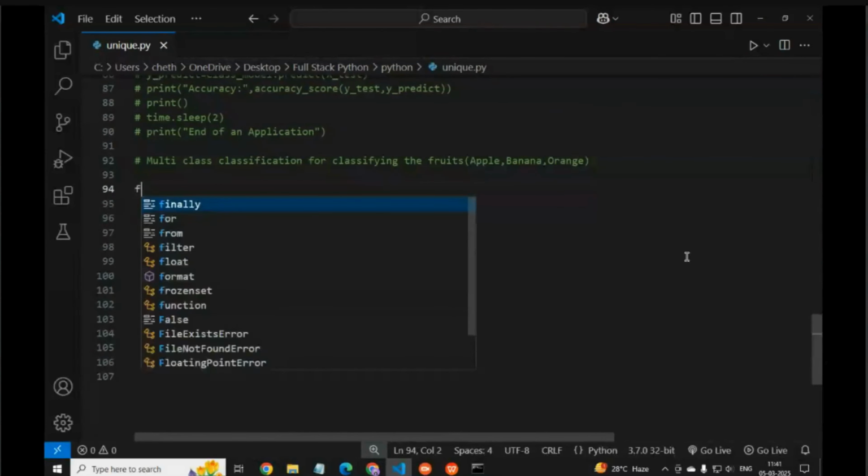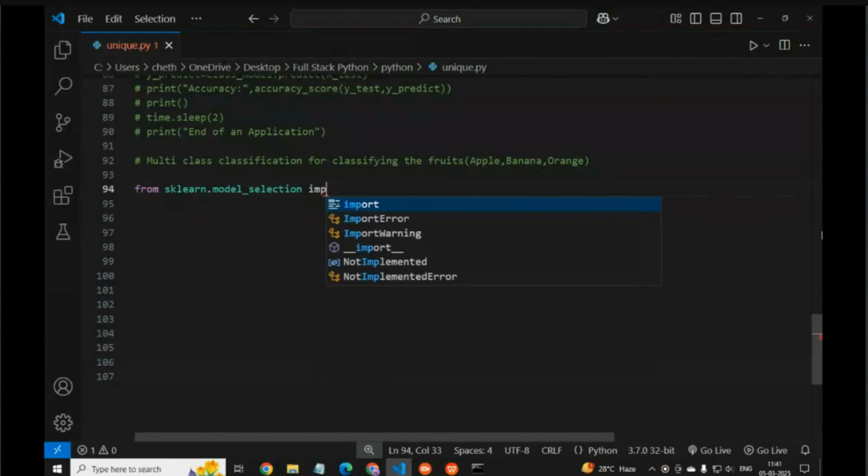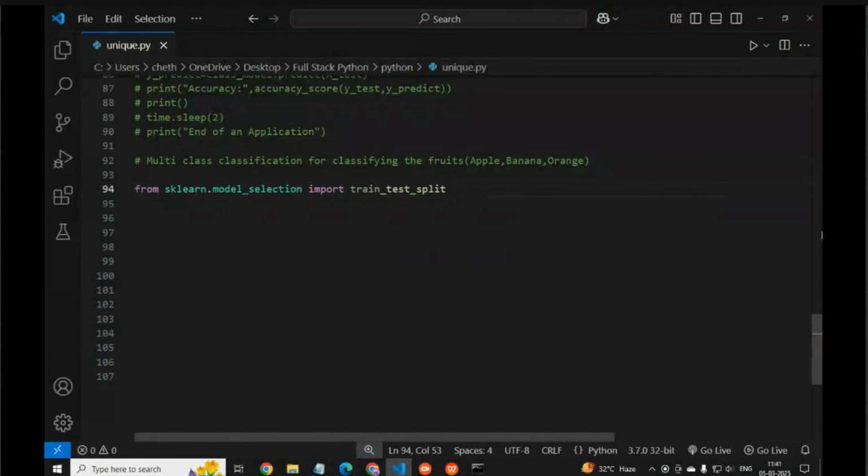So we have to import some modules, like sklearn dot model_selection, which is mandatory in all. Then import train_test_split. Why do we use train test split? Anyone?